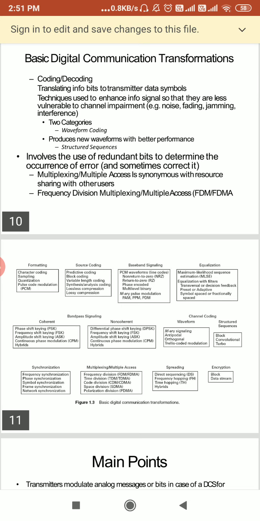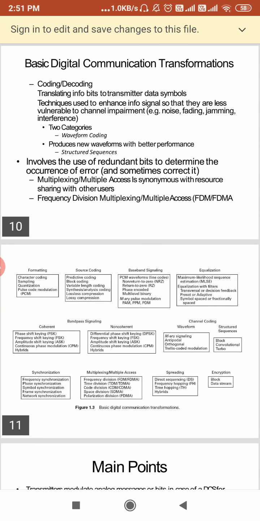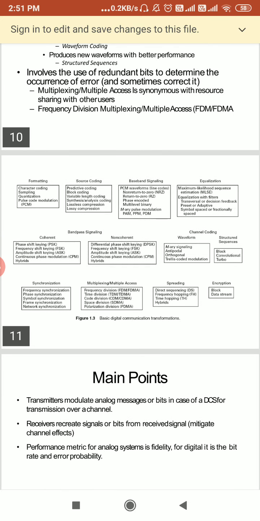After that we are doing the quantization. It means sampling will yield a discrete form of the continuous signal, but every discrete sample will show the amplitude of the analog signal at that instant. Quantization is done between the maximum amplitude and the minimum amplitude, so we get an approximation of the instantaneous value. After that we give that instantaneous analog value to the encoding. In encoding, each approximated value is converted into a binary format. So we can convert analog data into digital by using the digital communication system.